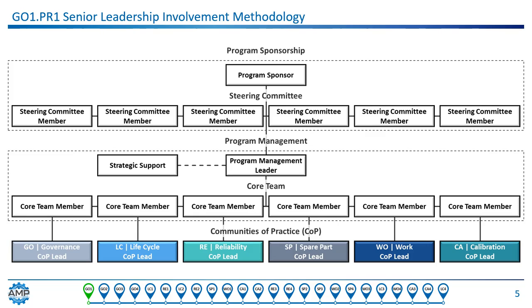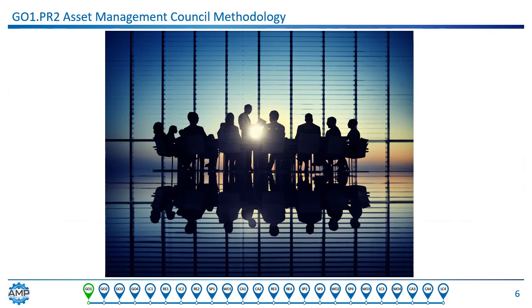Development of this sort of structure is very important toward getting AMP off the ground and sustaining it as processes are developed, implemented, and improved. Formal lines of communication must be established and maintained through periodic meetings between senior leadership and implementation teams at the site level. Asset Management Council establishes a defined group that develops, reviews, and approves asset management policy and makes key